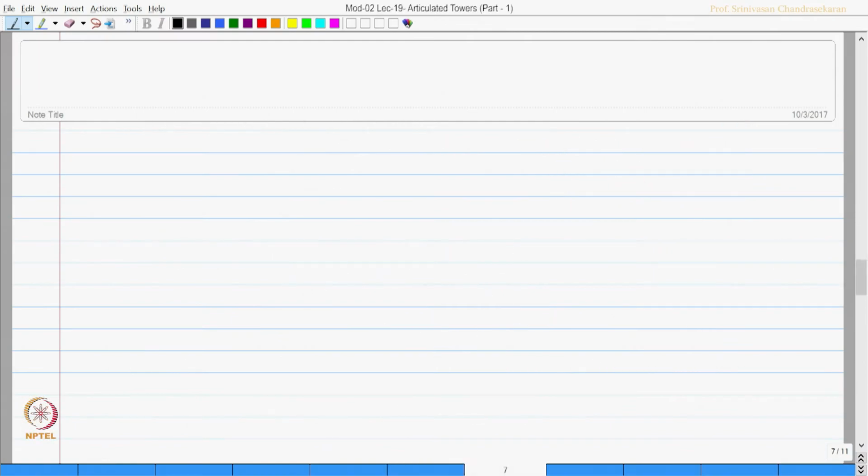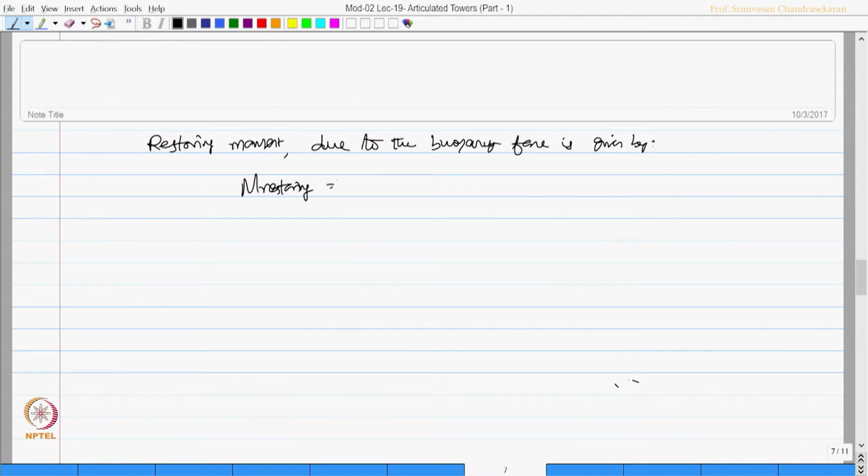Now, the restoring moment, which comes due to the buoyancy force, is given by M restoring is again Sk sin theta into Vk into rho w g. Sum this up for k equals 1 to n,